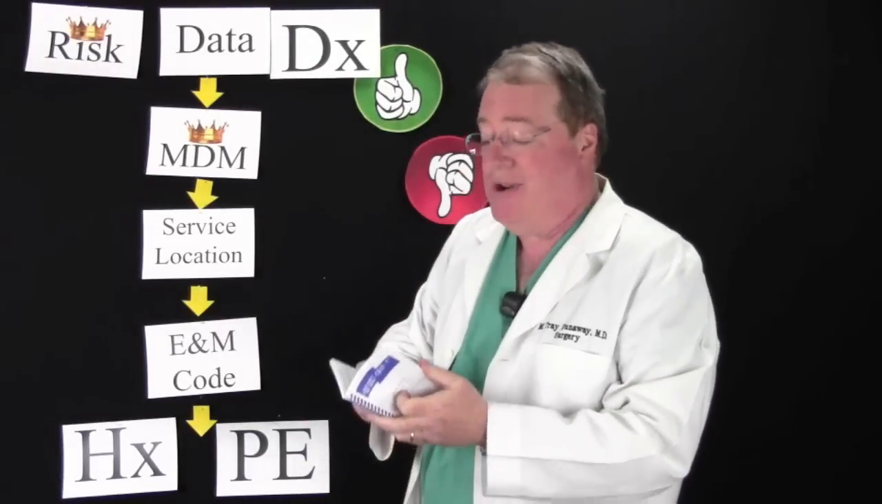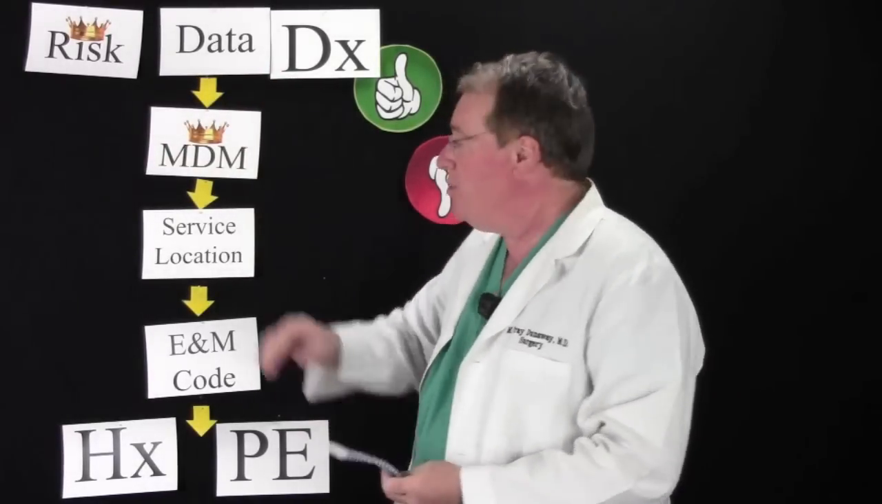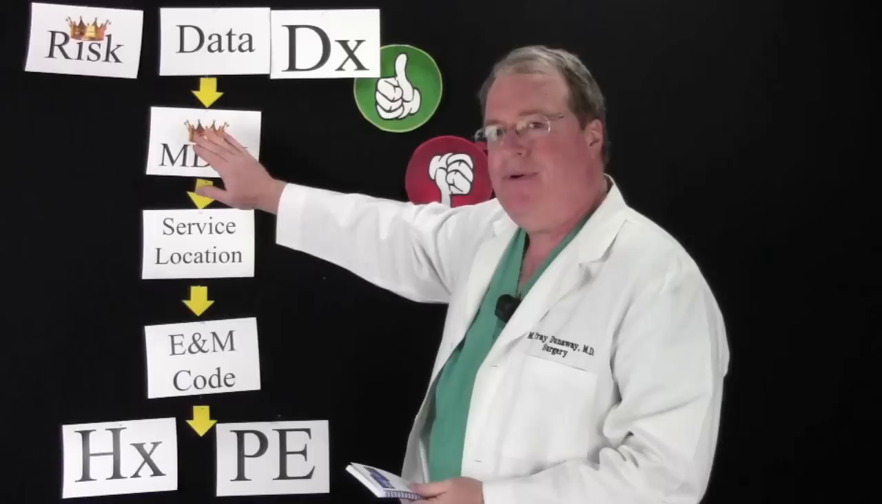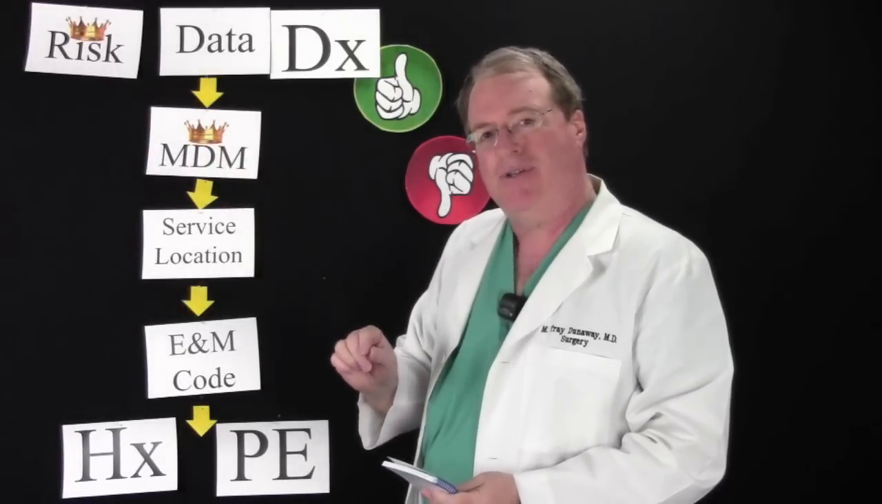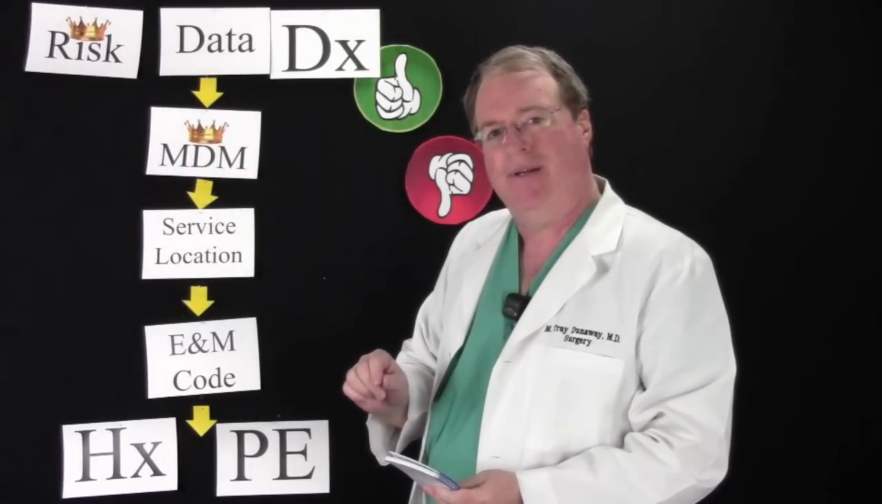These data and diagnoses are scored, and you have to add them up, score them, and then once you had risk, data, and diagnosis, that led you to a medical decision-making step. Once you had medical decision-making, you had a limited number of codes that you were going to choose from. Because the three key components of a code,